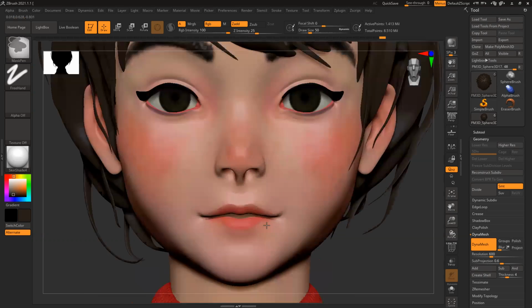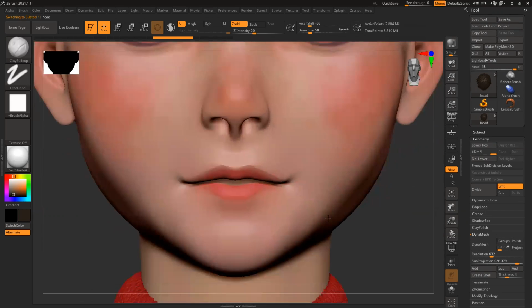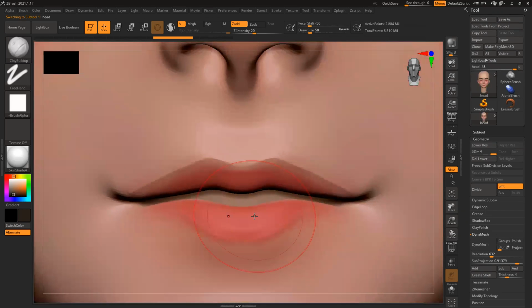Okay, let's add some detail here. BTS stamp standard. Brush size.